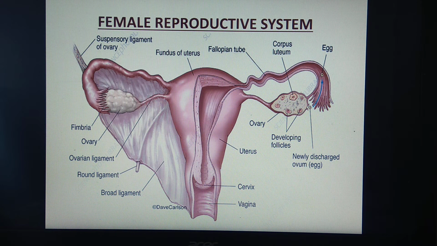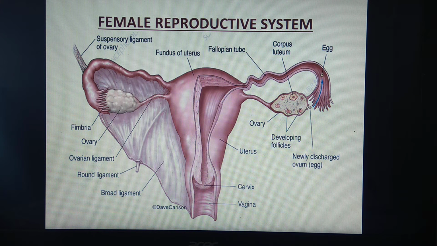Function of activin is to increase FSH binding and FSH induced aromatization, and it also stimulates action of luteinizing hormone. Okay, so this is about the functions of the hormones which are secreted by the ovary. Remember that 5 hormones are secreted by ovary: estrogen, progesterone, relaxin, activin and inhibin.